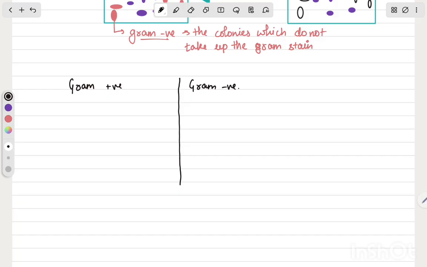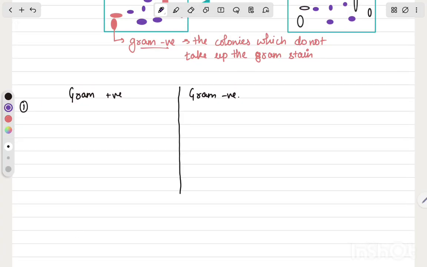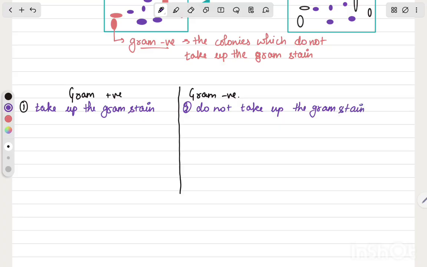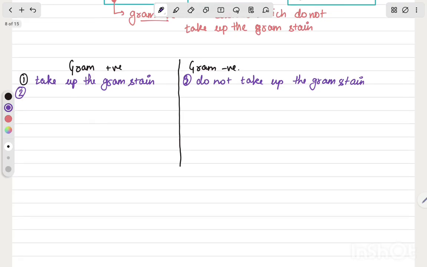So, the first basic difference is gram positive bacteria take up the gram stain and gram negative bacteria do not take up the gram stain. Right? The second difference between these two, in gram positive bacteria,